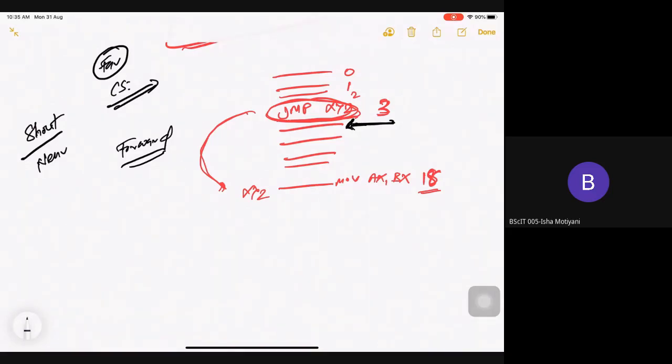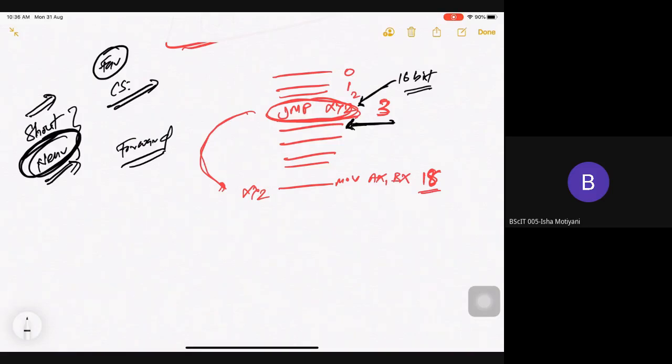If it is a far jump, from the instruction itself it will get to know that it will be a far jump. But it is only a symbol, so it will get confused between a short jump and a near jump. So to be on the safer side, it will always consider it as a near jump, right? So it will occupy 16 bits after the jump opcode. Why? Because a near jump requires 16 bits.